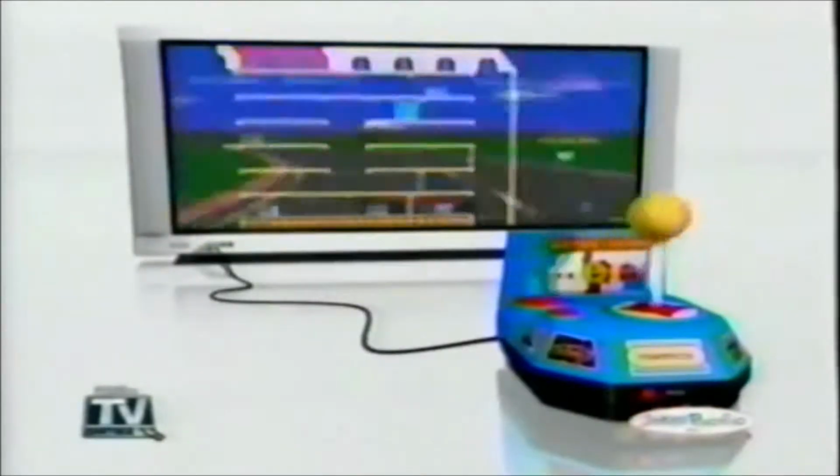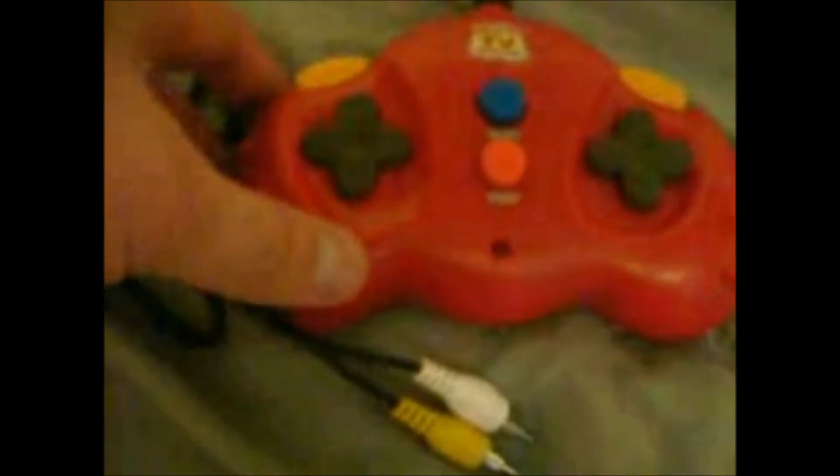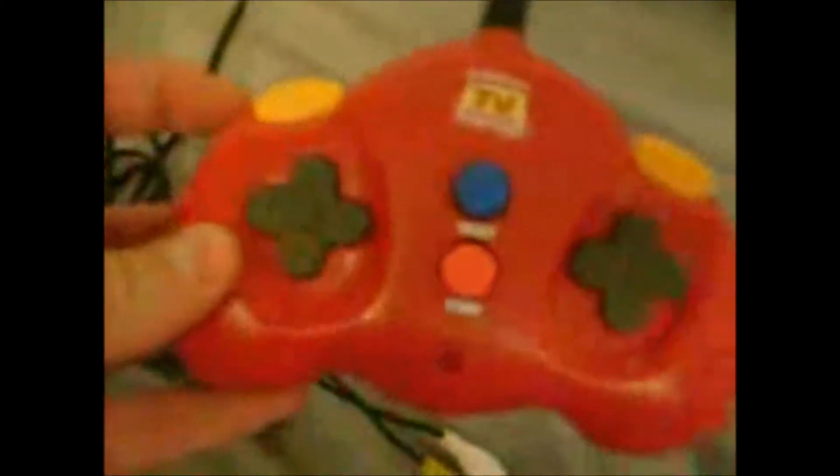Now what cost about $100 a few years ago you could get for 15 or 20 at your local Walmart. And thanks to the success of systems like Atari 10-in-1, suddenly it seems like every company wanted on board. These things come in every shape and format you can think of. And I should know because